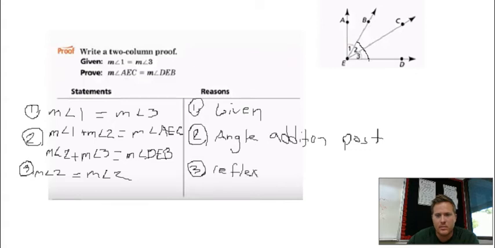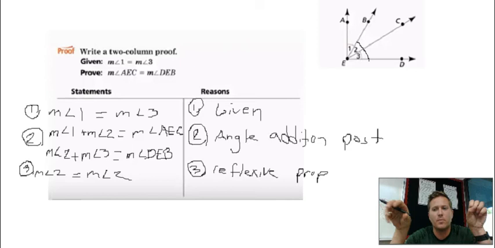Reflexive property. Remember that the two angles equal each other. So the two angles in a different case are both angle 2 and they both equal each other. So in our case, if they were both 30, 30 would equal 30. Okay? So now that we have this right here, what we can do though is we can substitute, since we